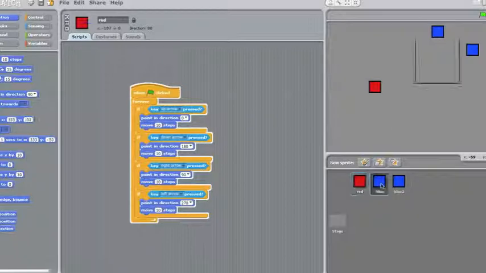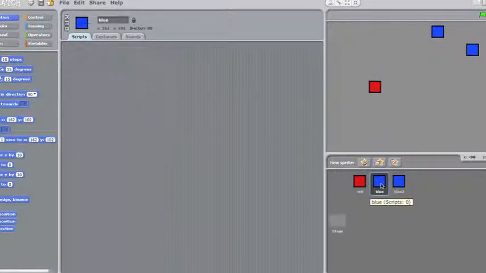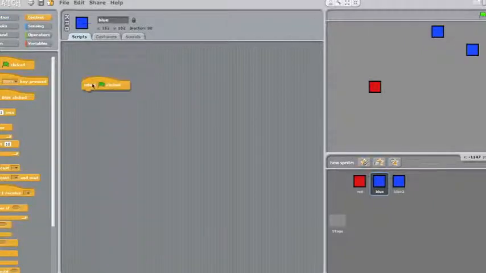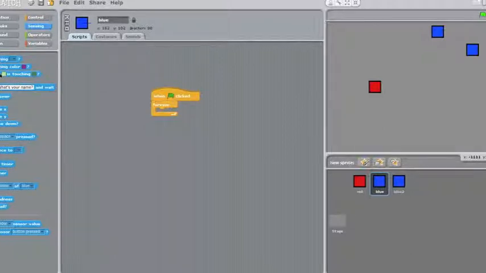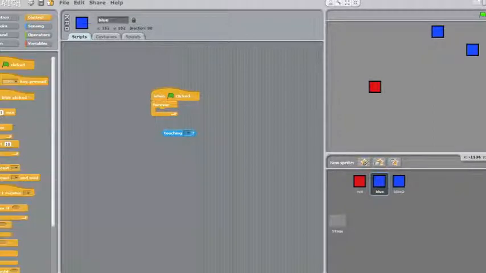So we're going to double click on the blue character, one of our blue characters. And what we're waiting for in this case is, again, we're going to say when our green thing is clicked, forever, it's waiting to be touched by something else. So we have this in sensing, we're going to have touch. So we're wanting to know if it's going to be touched. So again, we look at if it's touching the red character,